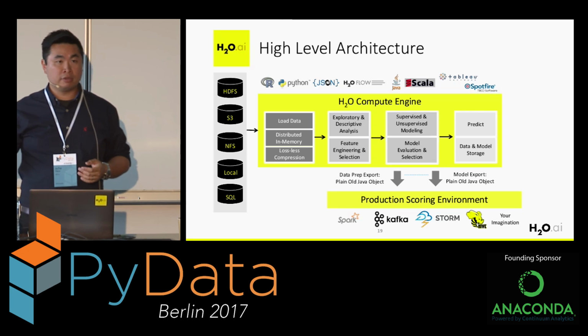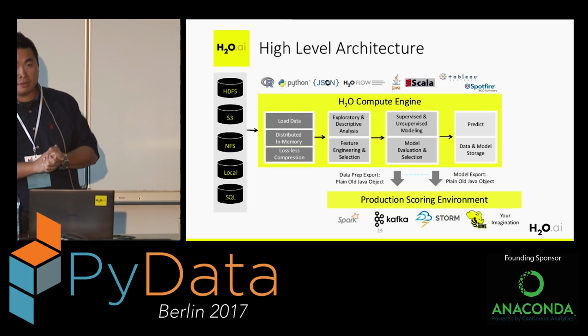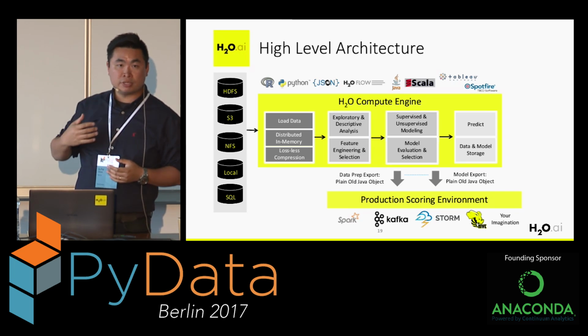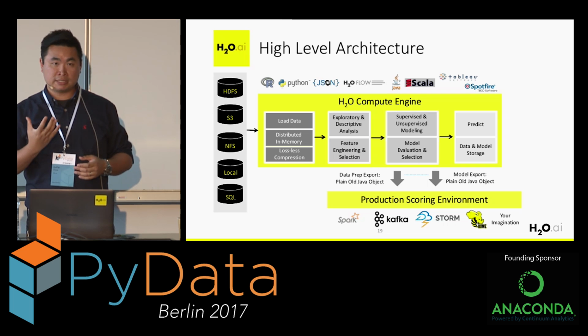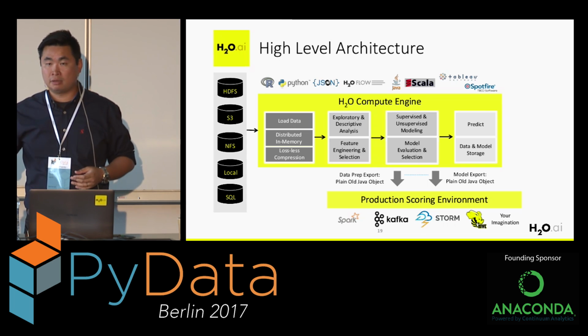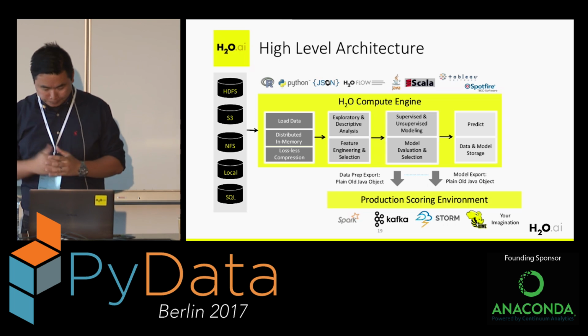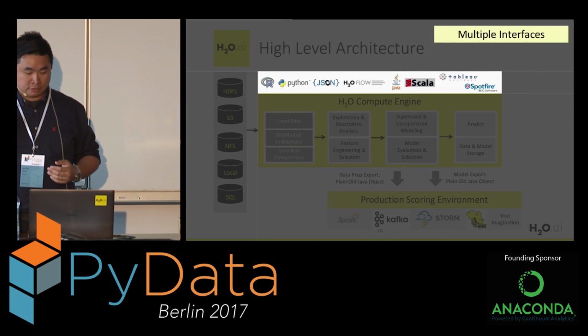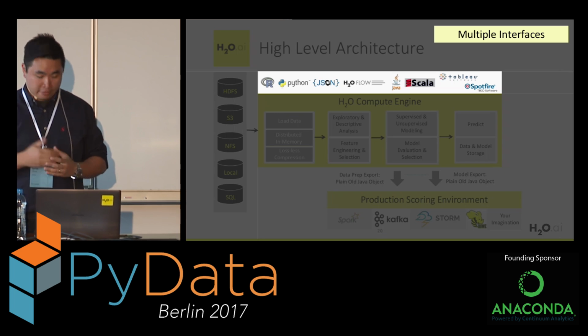If you have a model in Python or R, you can stop there. But some people like to bring it to production, and that's why we have the last part here. We can export the H2O model as a single Java file. Then that file, you can put into different machines for scoring or into a different pipeline. So what we're trying to focus on today is one of the interfaces of H2O, in Python.